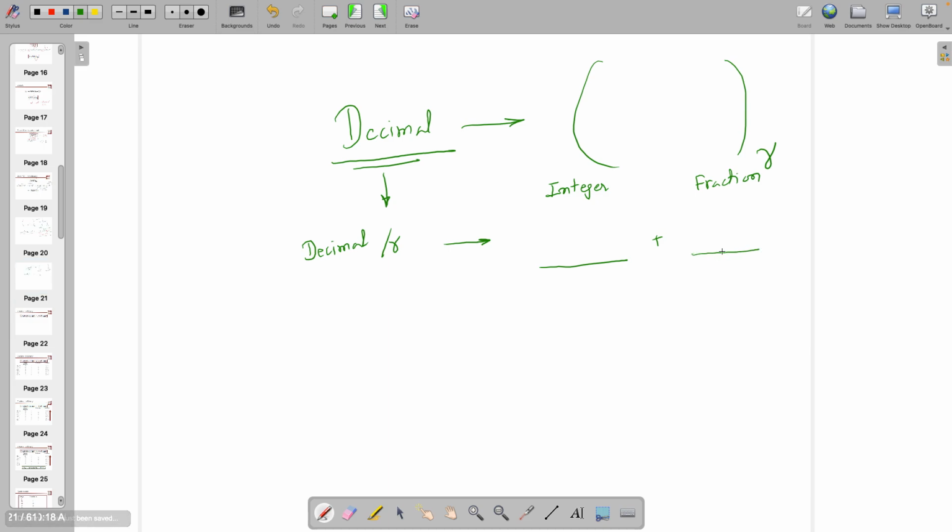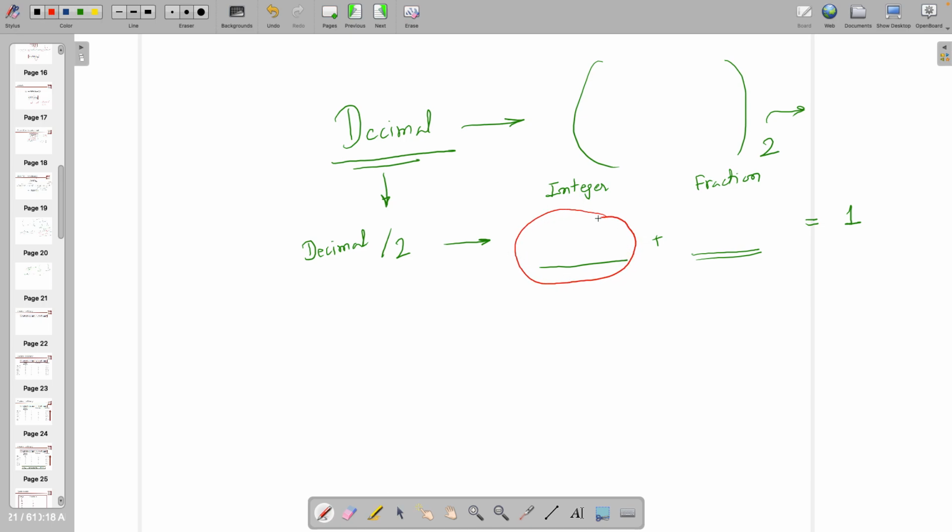So if it is a binary system which you are interested in, you are going to divide this with 2 and just look at the fraction. If it is other than 0, then you keep here that number as 1,